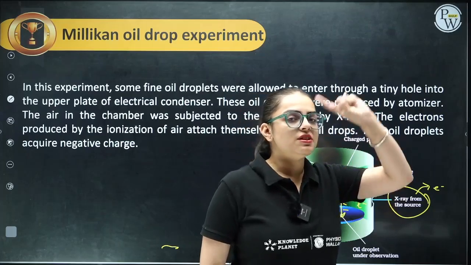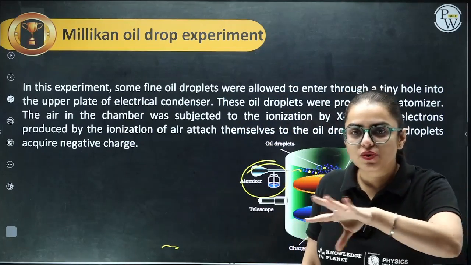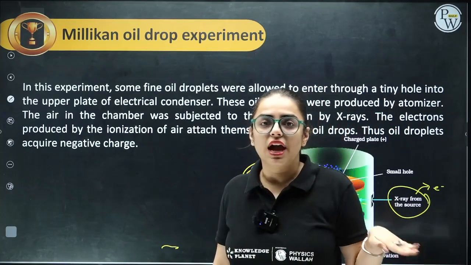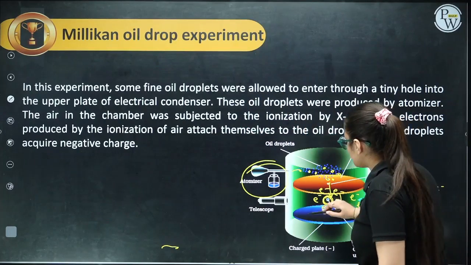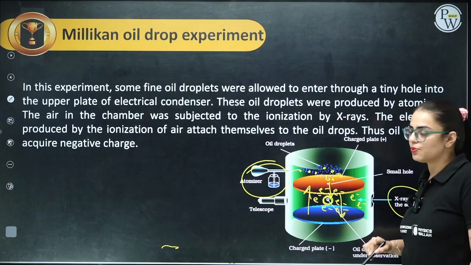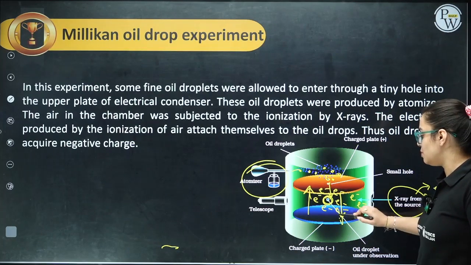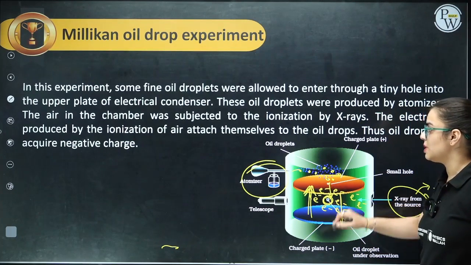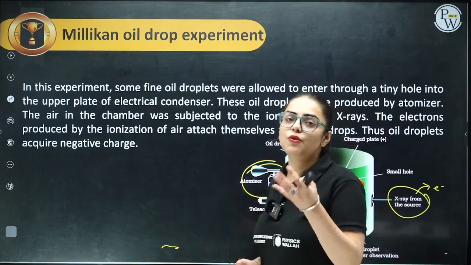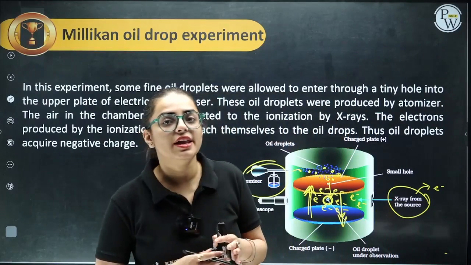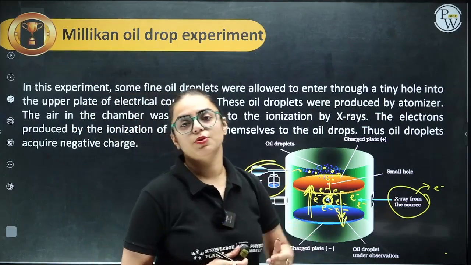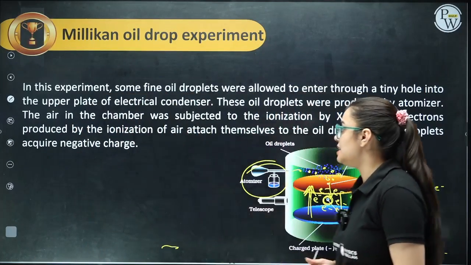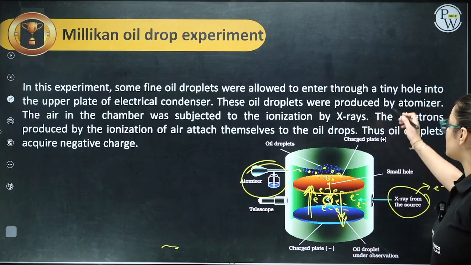If an oil droplet surrounded with electrons goes in the downward direction, we already have a negative plate. Negative will repel. That means a repulsive force will occur in the upper direction. So it will move in the lower direction and the repulsive force is seen in the upper direction. So both the forces are acting upon it over here, and hence we will calculate the value of charge from this particular example. So see, in the experiment, some fine droplets were allowed to enter through a tiny hole